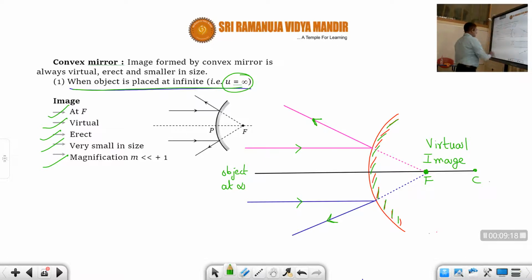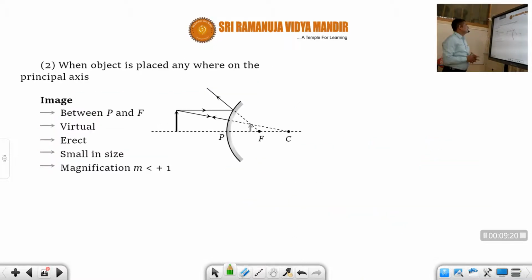Next position of the object is when the object is placed anywhere between infinity and the pole. In this case we have only two positions of object. That's all, unlike the concave mirror. Out of two positions, one position is when the object is at infinity, which we have just seen. Second,